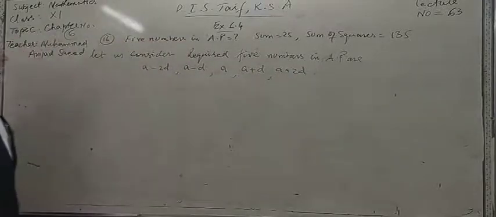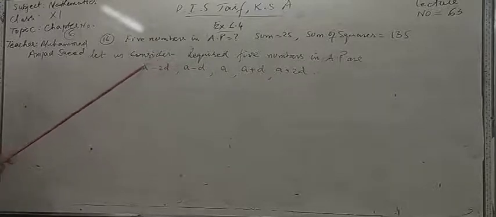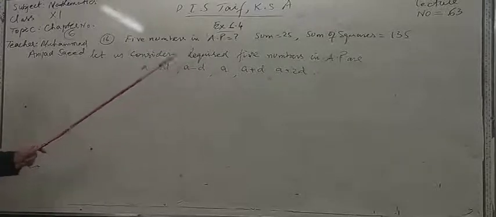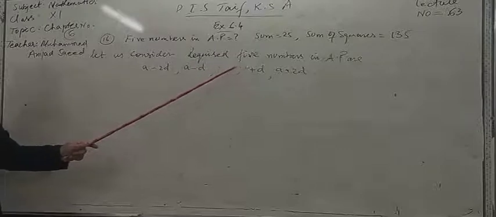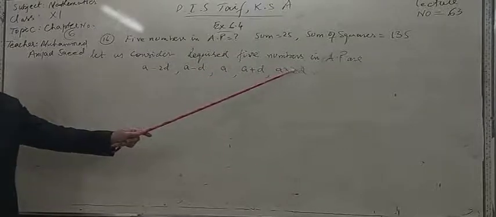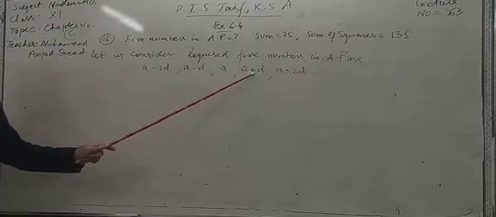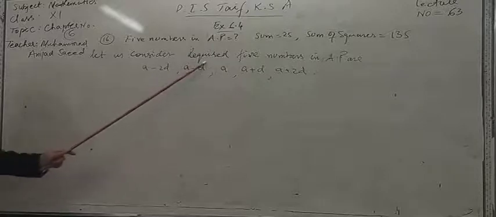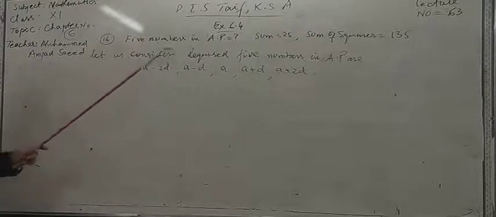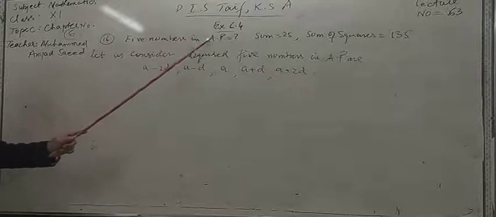Dear students, you can check: second minus first, A will be cancelled out and the difference is D. Then third minus second, common difference is D. Fourth minus third, common difference is D. Fifth minus fourth, common difference is D, because A plus 2D minus A minus D, A cancelled out, 2D minus D is D. So the common difference between all these numbers is the same, so that's why they are the correct numbers in arithmetic